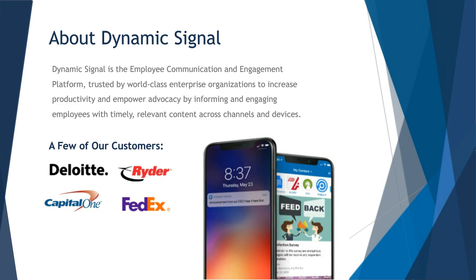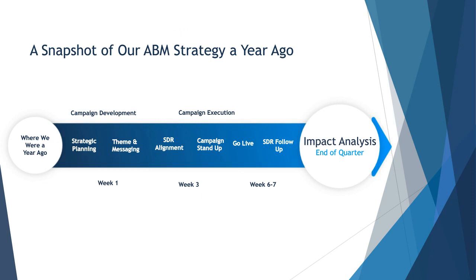So making sure that employees have the right content that they need and want to do their job successfully delivered to them on the device and channel that they most prefer. So that could be mobile, web, or desktop. So we have a very communication and engagement focused marketing strategy, and that kind of brings us into our campaign strategy and how we actually started to look at ABM.